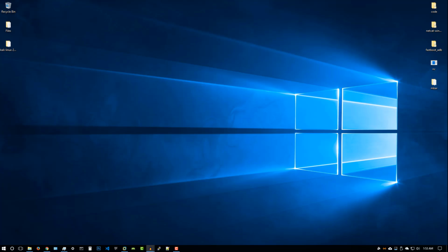So I'm going to be showing you how to install it on VMware right now. And then in future videos regarding installation, I'm going to show you how to install it on VirtualBox, and then finally how to install it on a flash drive. The installation process or the steps are pretty much the same. So let's get started. The first thing you want to do obviously is to go ahead and download your